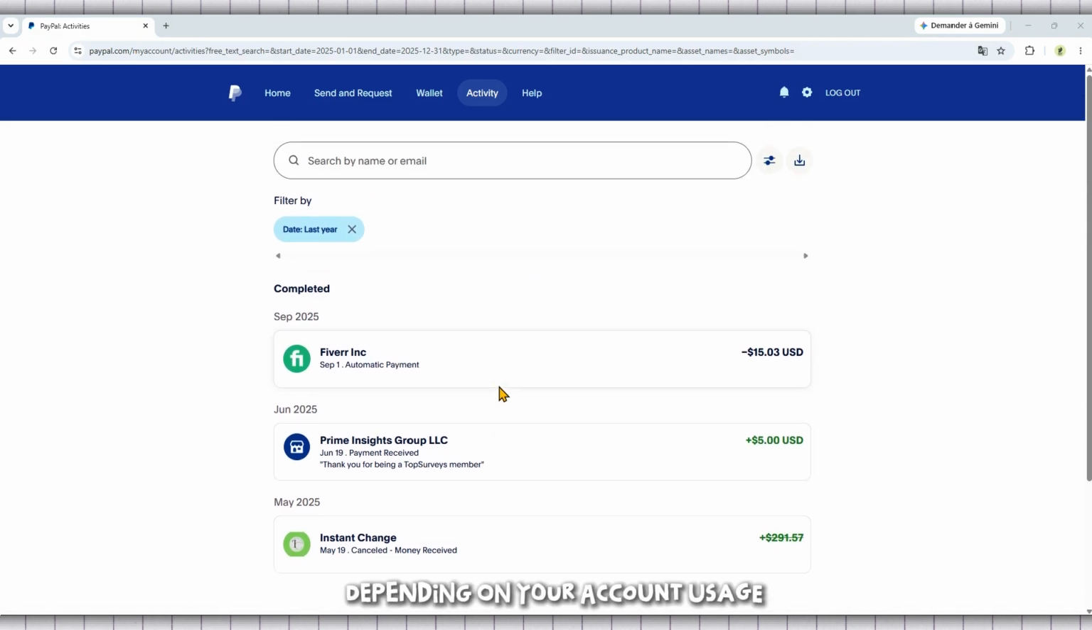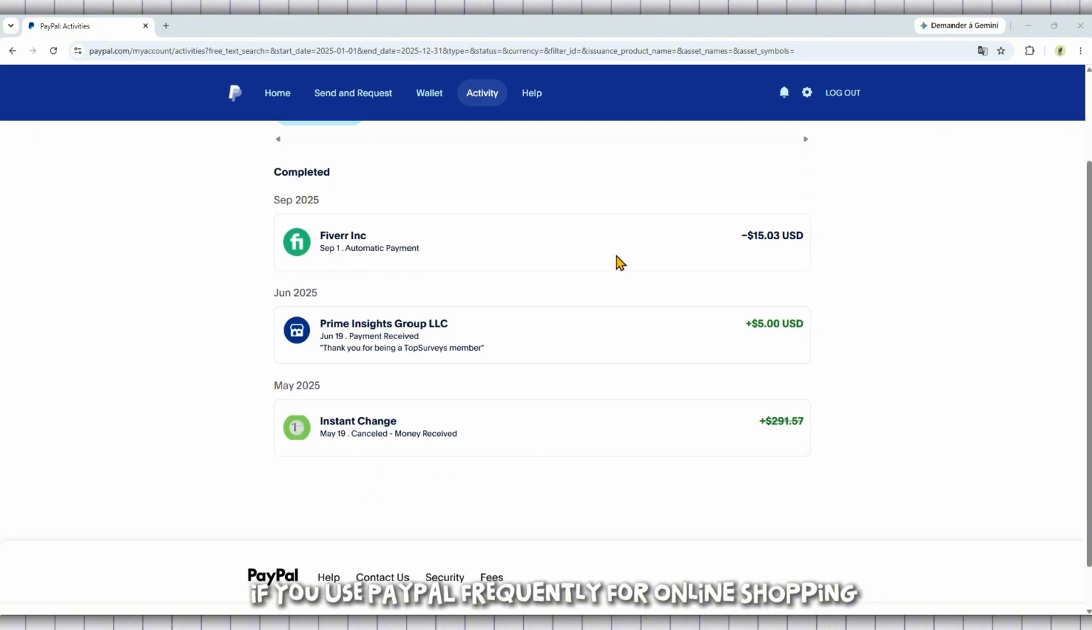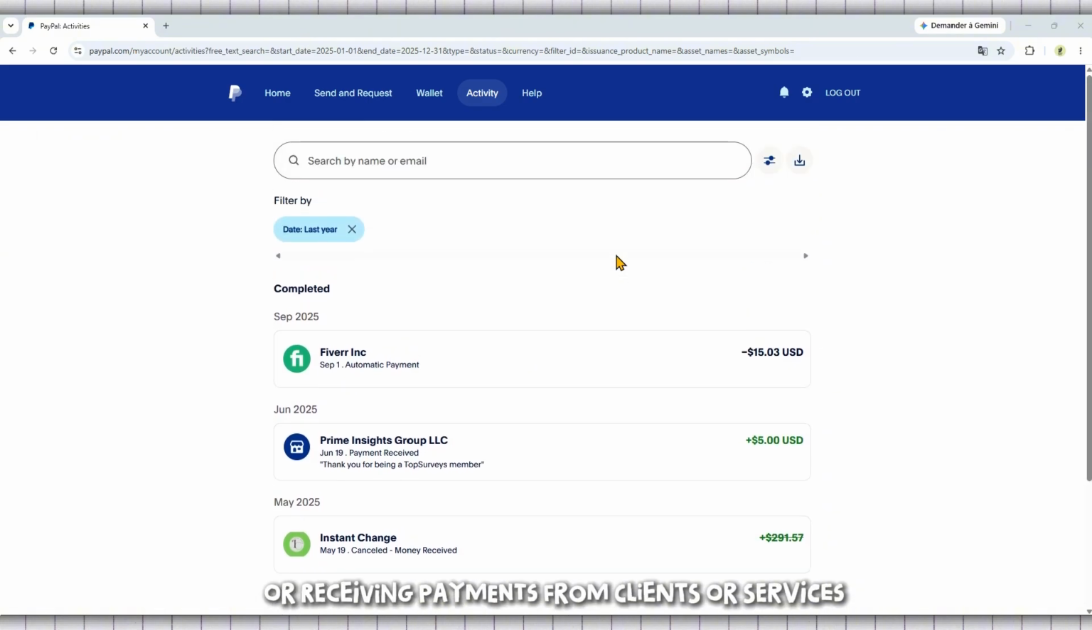Depending on your account usage, you may see a combination of completed payments, pending transactions, transfers, or other updates connected to your PayPal account. This is completely normal, especially if you use PayPal frequently for online shopping or receiving payments from clients or services. If you want to narrow down what you're seeing, click the icon at the top right